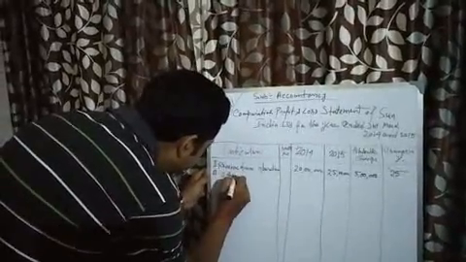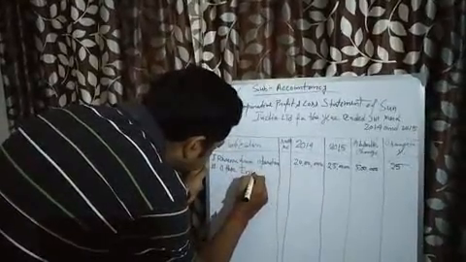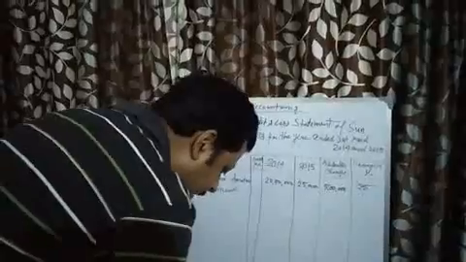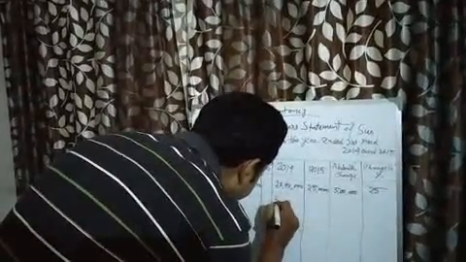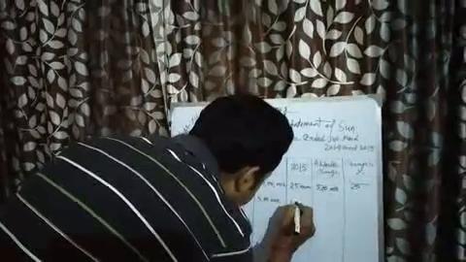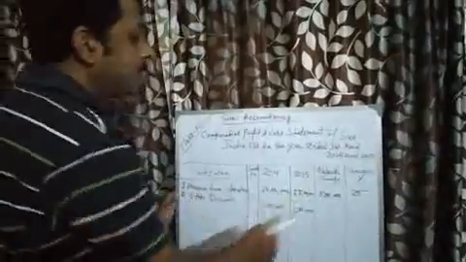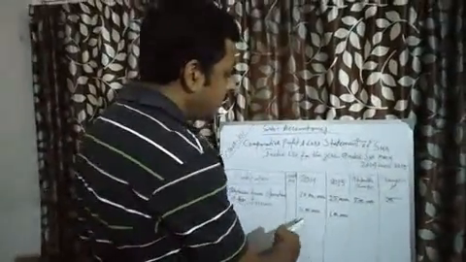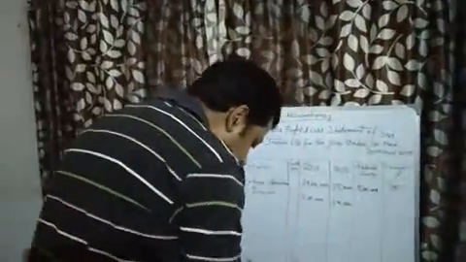Now second is other income. In other income, you can see from your problem that last year it was 5 lakh, and this year it is 1 lakh. Whenever you calculate the absolute change, how does it come? That is current year minus previous year. That is 1 lakh minus 5 lakh, so that is a minus figure, and the change is 4 lakh.